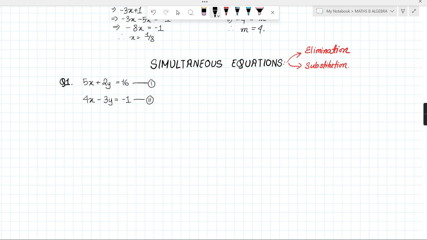So the coefficient of x in equation 2 is 4, right? This is the coefficient of x in equation 2. So I'm going to multiply equation 1 by 4, and the coefficient of x in equation 1 is 5, so I'm going to multiply equation 2 by 5. Then I can just write a sentence: eliminate